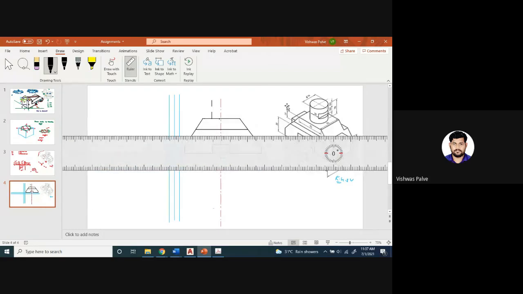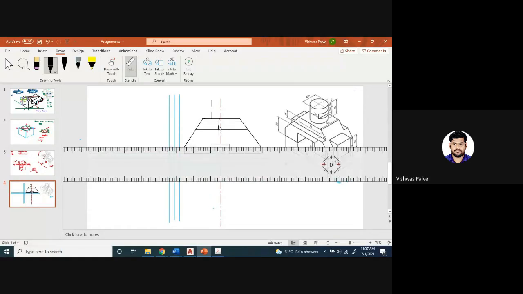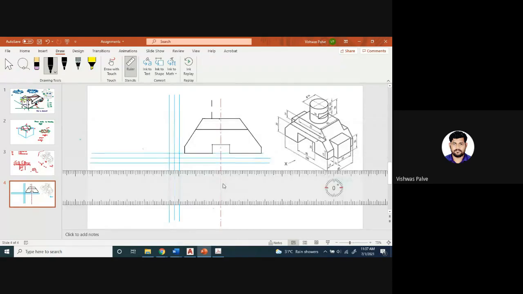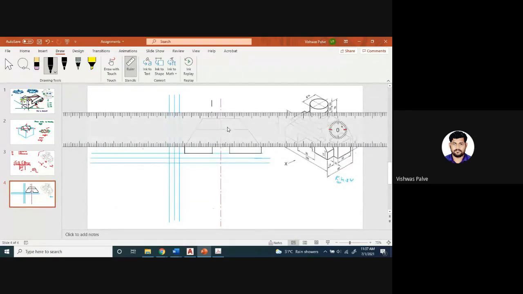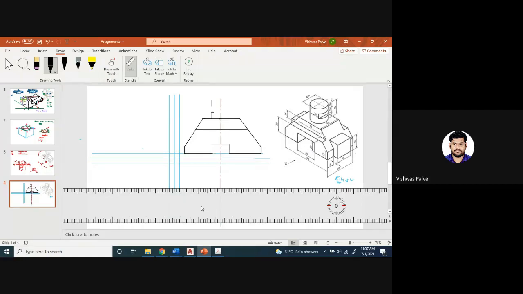So this distance is 20 millimeter and the total distance is 30 millimeter. So 5 millimeter it will be having, a slot will be of 5 millimeter. So we have to draw that 5 millimeter distance. Just I'll draw now freehand. That small minute distance I will draw freehand. This slot has to be represented. Then you have to draw a horizontal line. Then a vertical distance of 10 millimeter from bottom, again 10 millimeter from both the sides, and again a slot of 5 millimeter here.